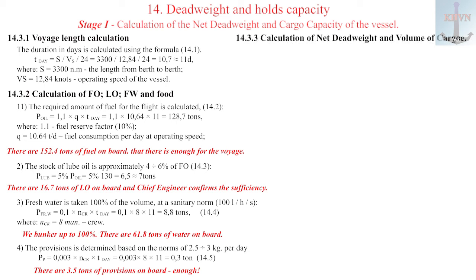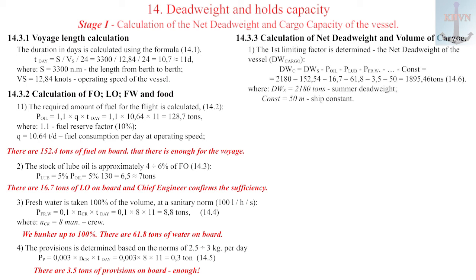14.3.3 Calculation of net deadweight and volume cargo capacity for voyage. 1. The first limiting factor is determined: the net deadweight of the vessel, which is equal to the difference between the summer deadweight for the summer load line, or your zone, and all ship bunker and stores with constant, that is, the total cargo in tons that you can take on board on this voyage, formula 14.6. After deductions, we have net deadweight equals